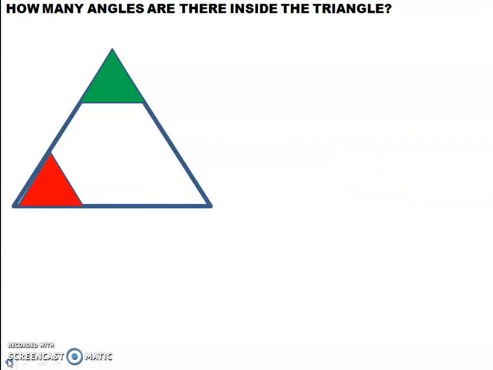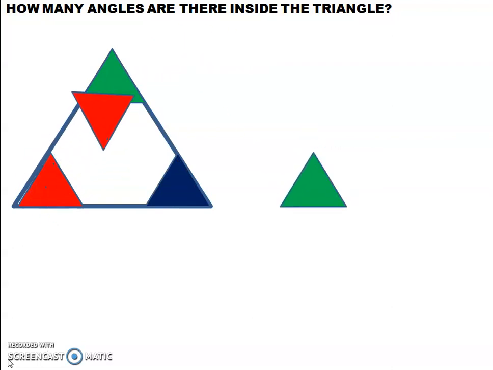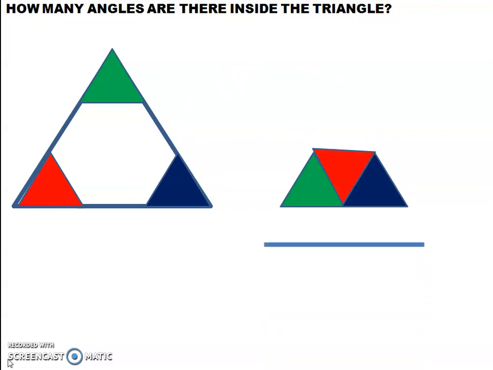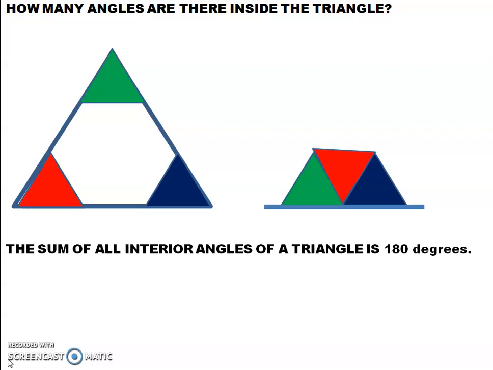See, this is the triangle, first angle, second angle, third angle. First angle coming, second angle coming, third angle coming. Okay, when I joined all the 3 interior angles of a triangle, it shows that it lies on a straight line. And you know that the measure of a straight line angle is 180 degrees. So we concluded that the sum of all interior angles of a triangle is 180 degrees.